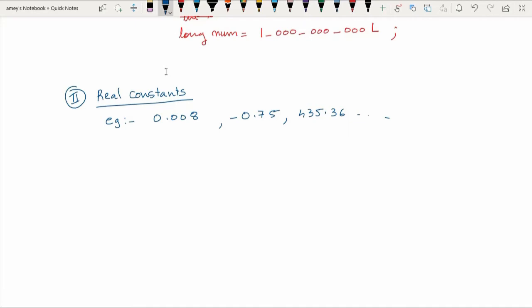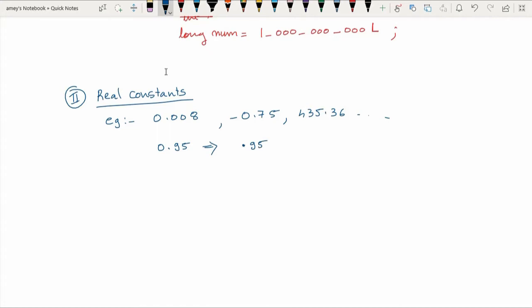So real numbers basically contain a fraction. With real constants, sometimes a number may not have digits before the decimal point. For example, suppose I want to represent 0.95. This can also be written as .95. It is understood that if I write .95, it means 0.95.